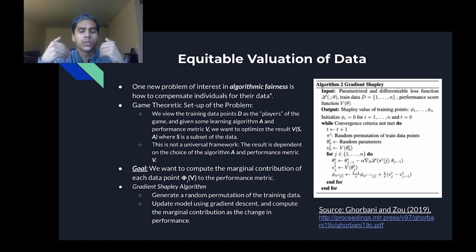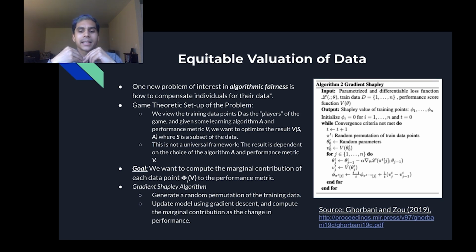Where this might occur is in data sets that don't have equal representation of all the underlying features. For example, in computer vision problems, there have been a lot of issues where systems such as face recognition or face detection systems struggle at detecting black female faces compared to white male faces. So adding another black female face to your training data set may improve the performance of that model on the holdout test data set, and conversely, removing a black female face from your training data set may significantly drop your model's performance on the holdout test data set, because there's less representation of black female faces in your training data compared to white male faces, where they're much more plentiful.